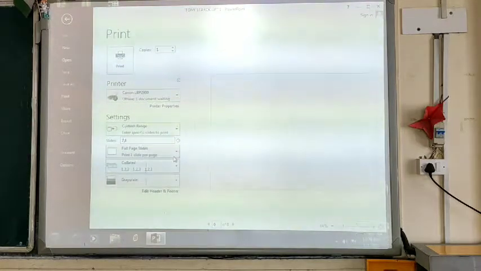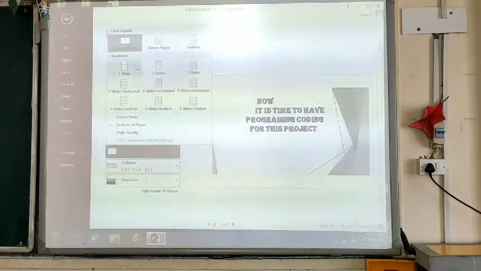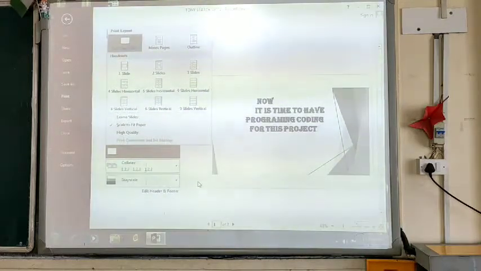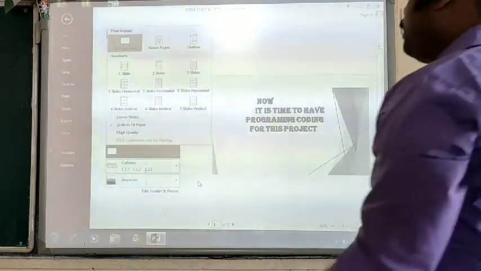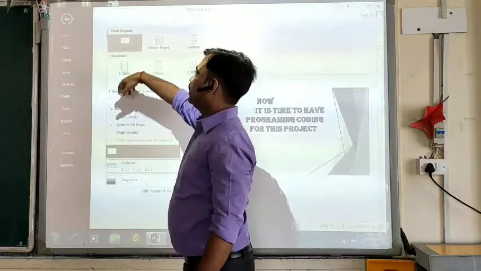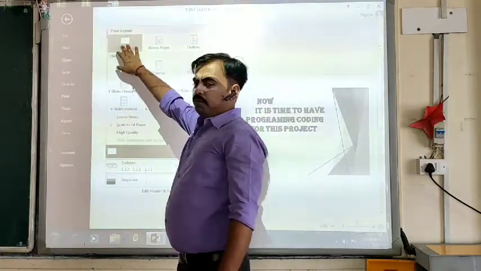Okay, now another option is the print layout. In the print layout option, there are two important things. One is full page slide.